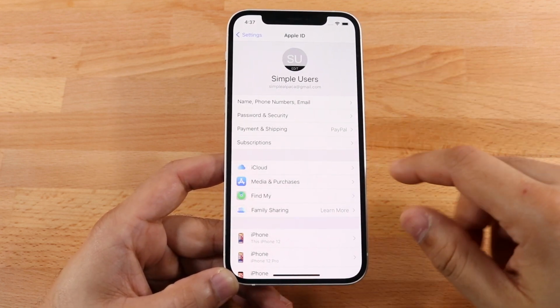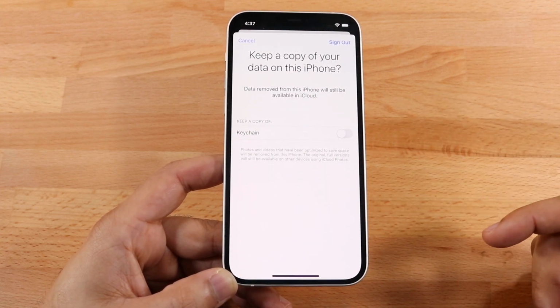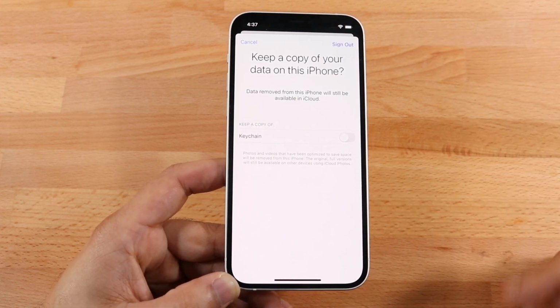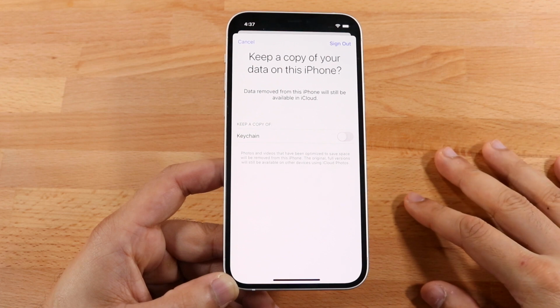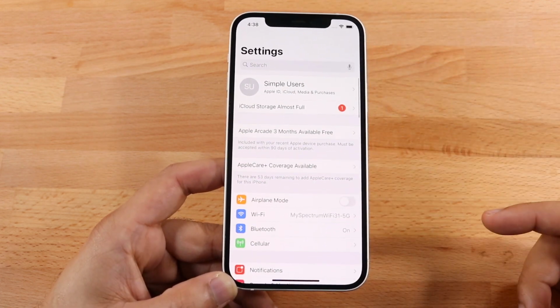Next, what you want to do is just sign out of your iCloud account by scrolling all the way down and clicking sign out. Now, you can do whatever you need to, but just click sign out of your account. It'll ask if you want to back up whatever. You can do it if you want to. But once everything is signed out, we can make our way over to our